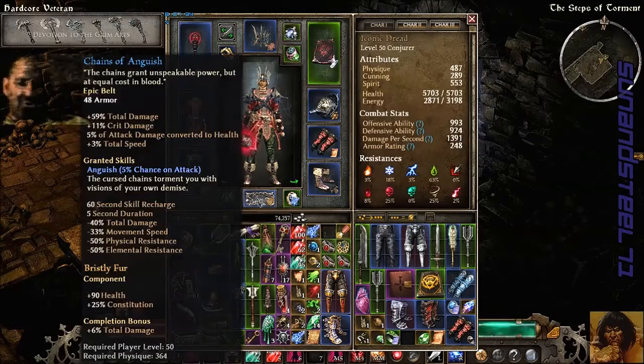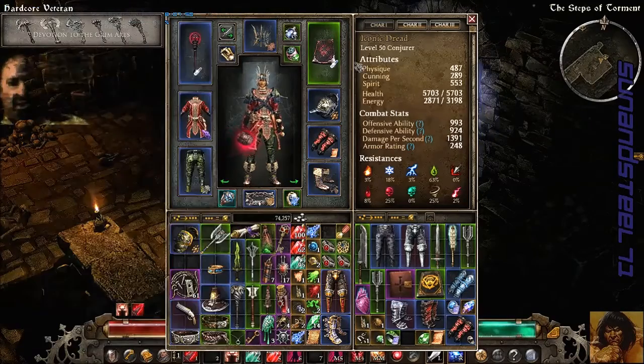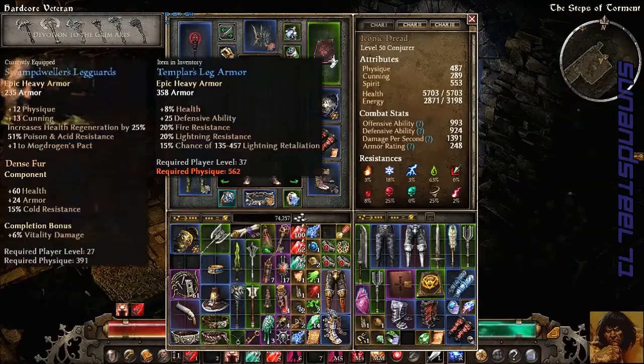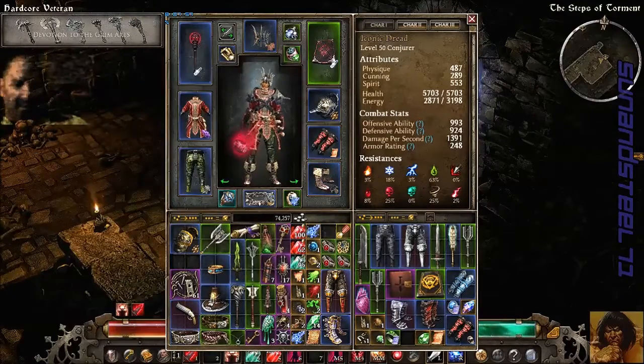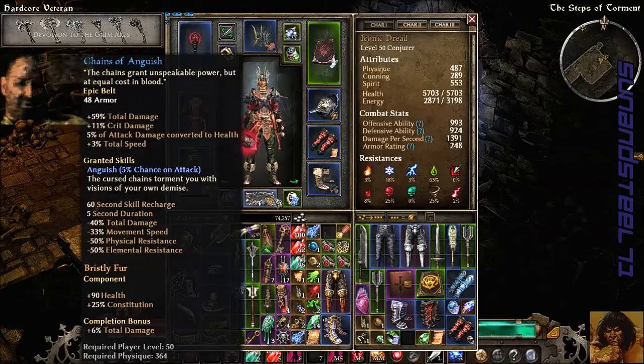So they can utilize the 59% total damage that I'm getting on Chains of Anguish there, without incurring the chance of activating the Anguish Curse, provided I don't attack with any of my weapons or other personal skills. So that's really cool, man. That's another way that you can use Chains of Anguish to buff your damage and circumvent the curse that's